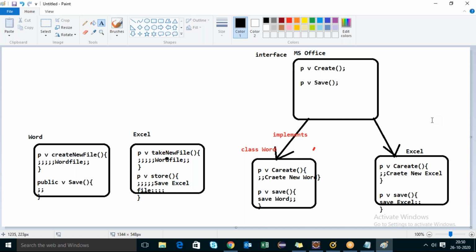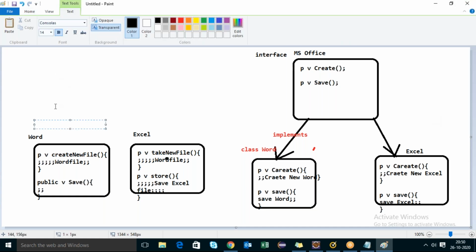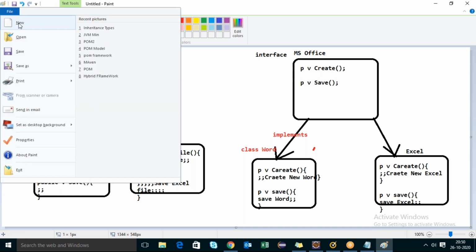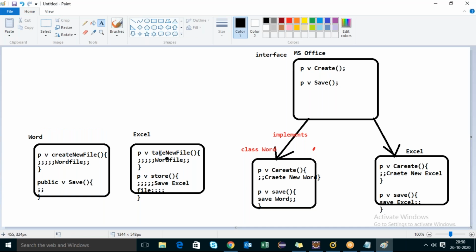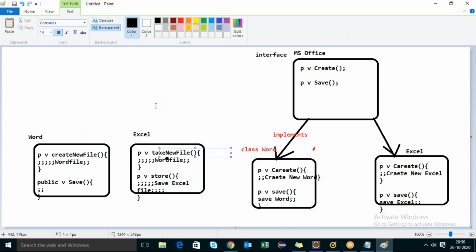So that the end user may not get confused. Whether it may be Excel or Word or PowerPoint, whatever it may be, you will go for a file new, whether it is an Excel file or a Word file or a PowerPoint file or a Paint file. Yes or no? Yes. So one class has create new file, another class has take new file. So the end user may get confused,